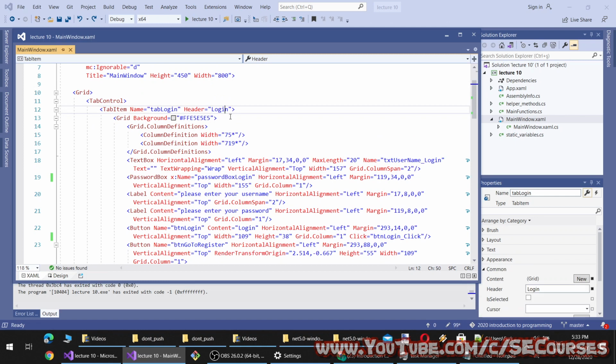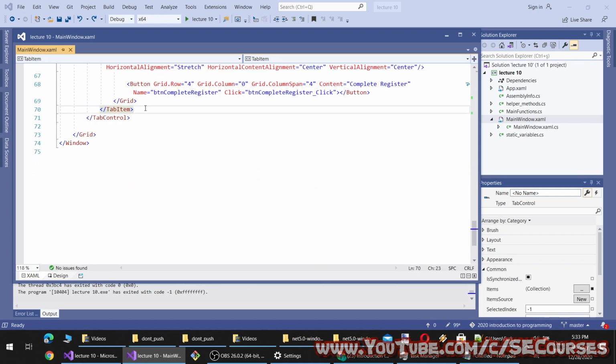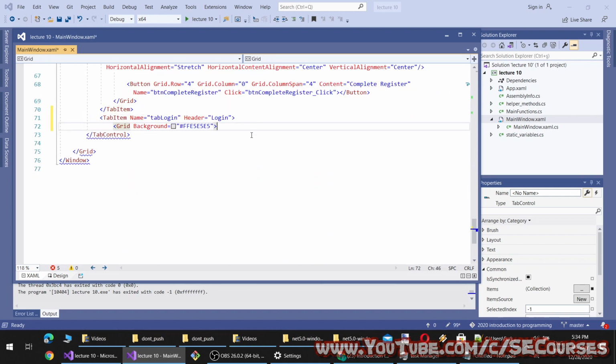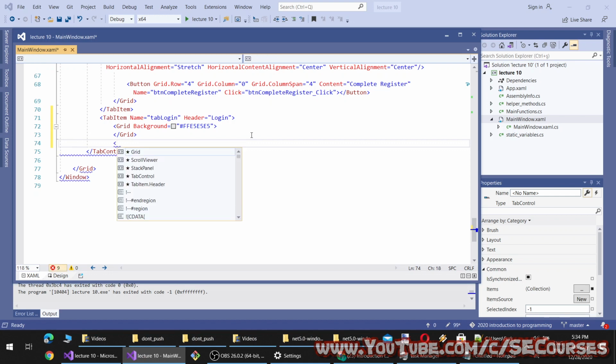And let's just copy and paste another tab item to the end. Here, tab item, there will be a grid, and let's close the tab item as well.